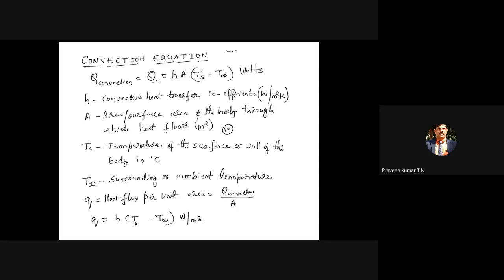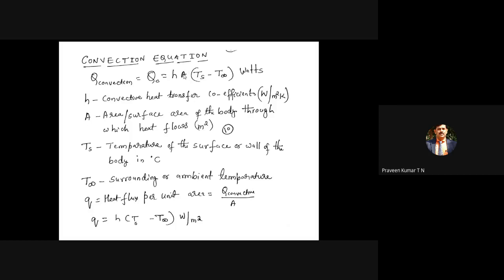So this convective heat transfer you are familiar with. Whenever heat flows from a solid body to the ambient air, there is one kind of convection, and one more is whenever heat flows from a solid body to a liquid. So we have convection again. Convection heat transfer depends upon the area, the exposed area.